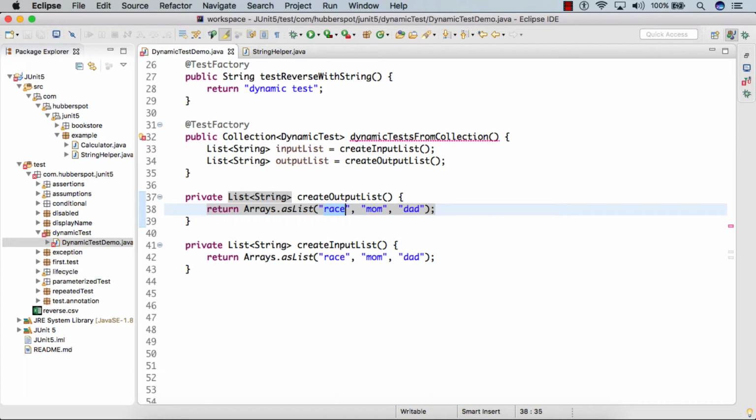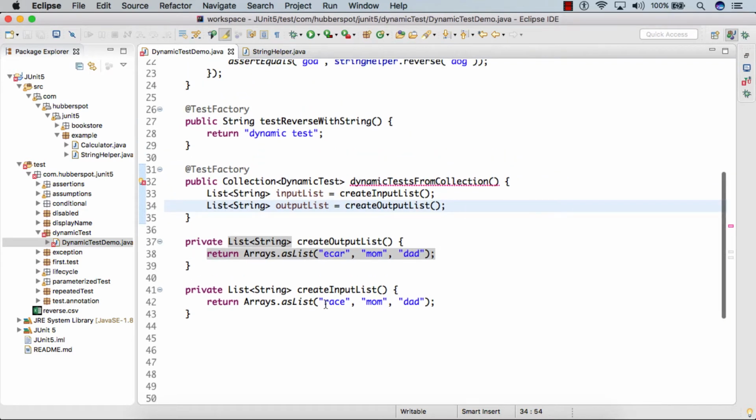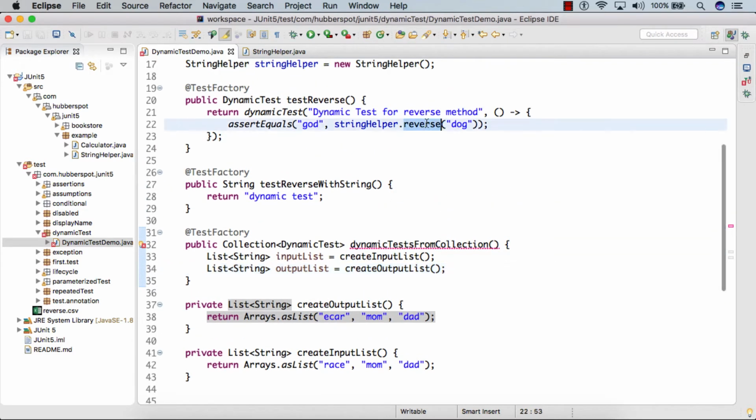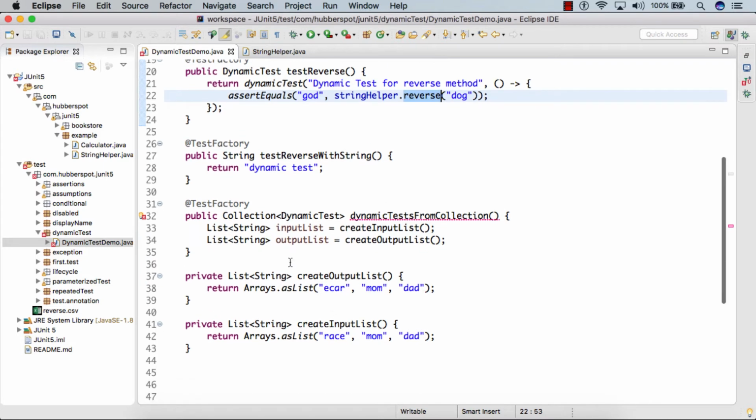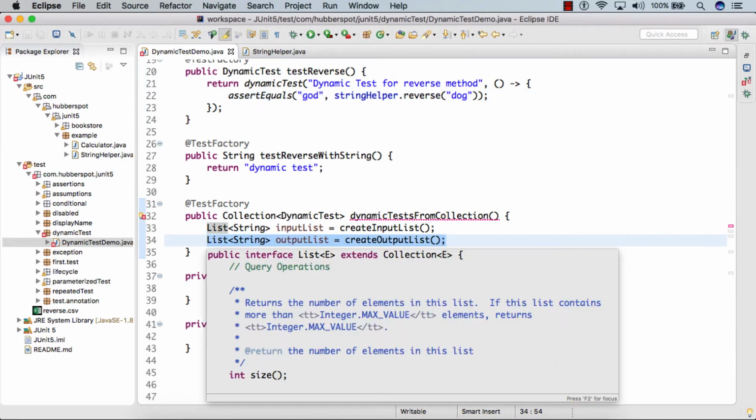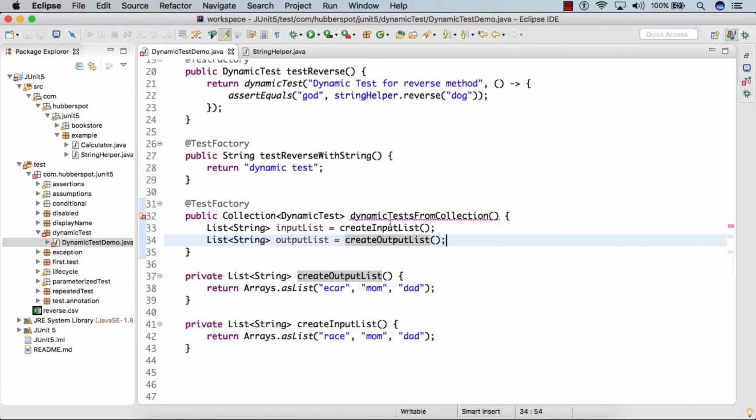So for race it would be ecar, for mom it will be mom, and for dad it will be dad only. So friends, whatever this reverse method returns, we'll assert it against this output list. We expect that when we pass the input list such as race, mom and dad, it should return its reverse: ecar, mom and dad.